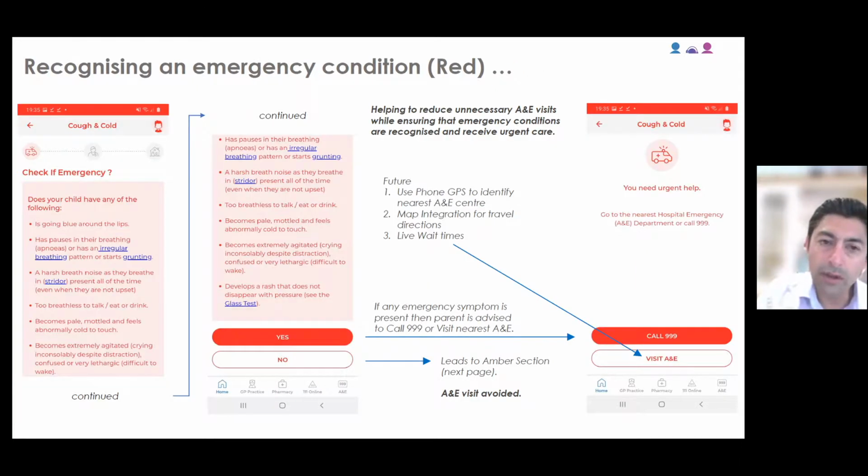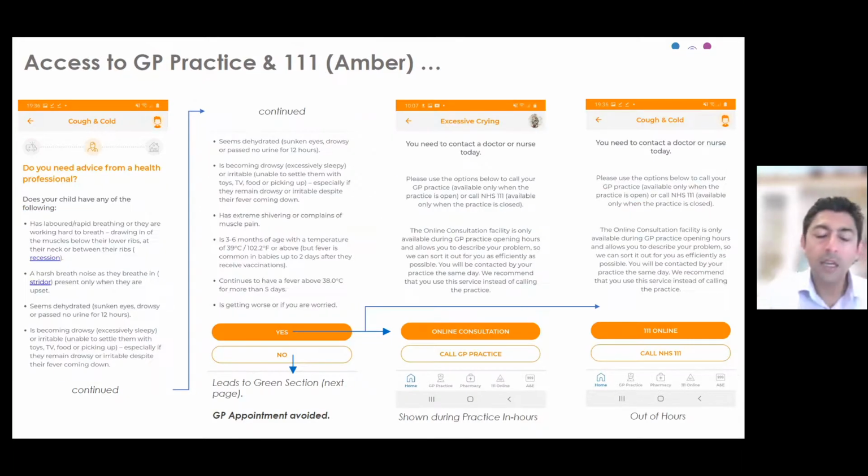And so they'll be shown red content first, and clearly if their child's got any of these red features, they are advised to seek an urgent consultation in hospital, which may be going straight to ED or calling 999 for an ambulance. If their child's got any amber bullets, and these are completely consistent with the resources on the Healthier Together website, so there is absolutely no inconsistency between the app and the website content, then they will have the option